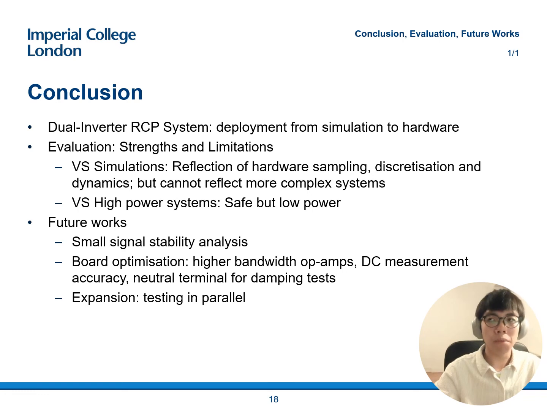But unfortunately, for many renewable energy studies, there's also many other factors which come into play, like solar radiance and also wind power, which affects the DC bus voltage quite a lot. And this is not something I have investigated in this project, or it's not something that is very possible with this current setup. In comparison with a high power system, this is a much more safe and low power solution,